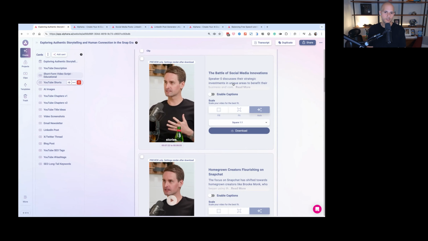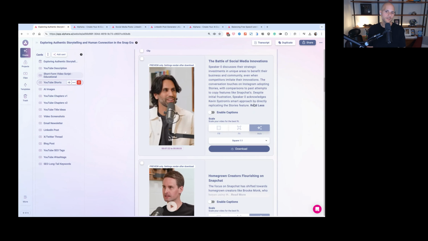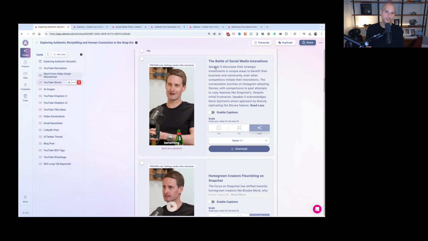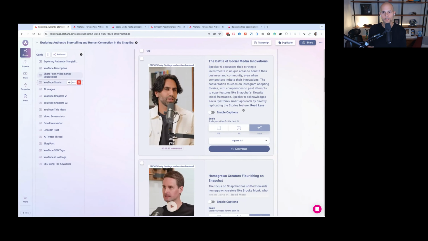The other good thing is that before, if you had a really long description, it was always expanded. So one thing that's nice, more of a UI update, is that we only show you a quick preview of the description, and then you can click read more and it'll expand to show the rest of the description.